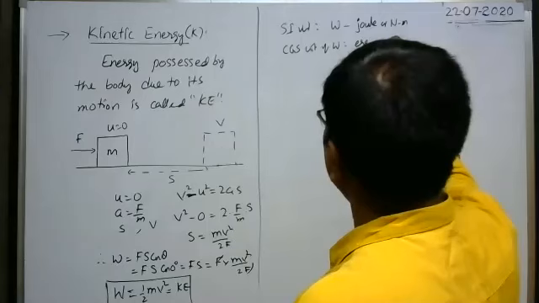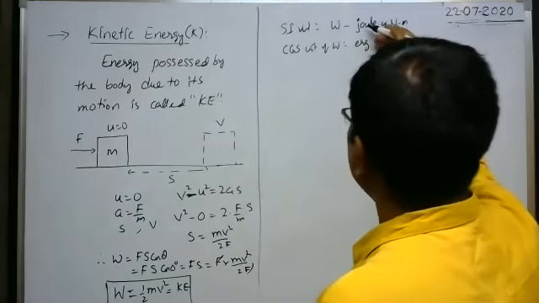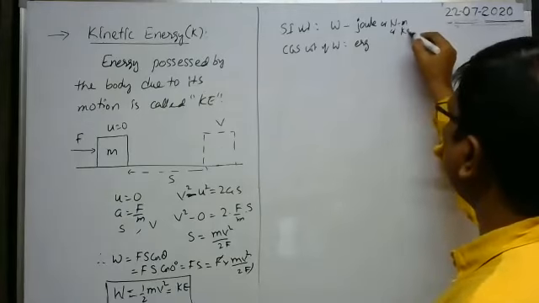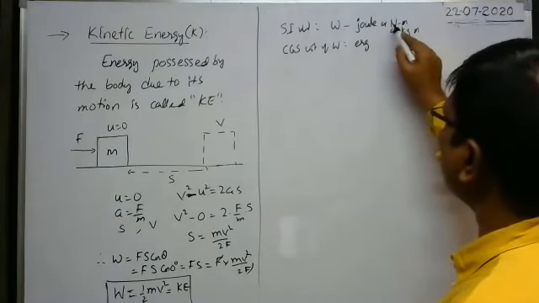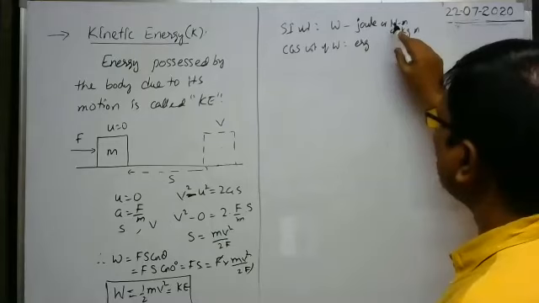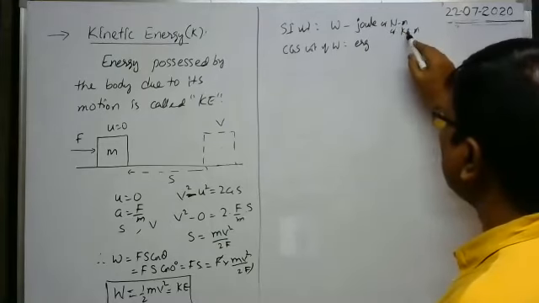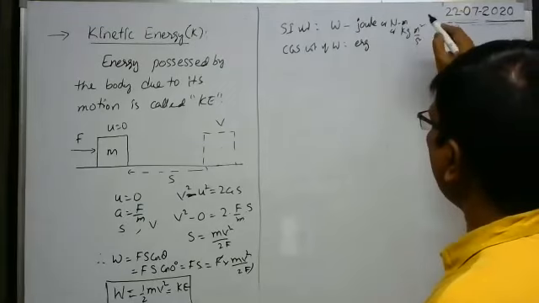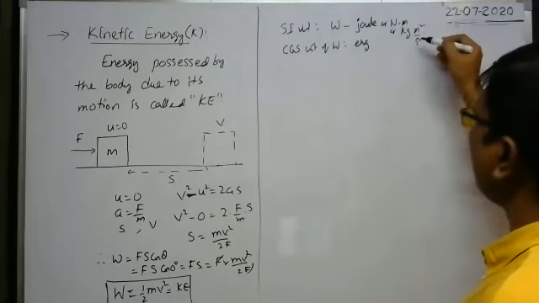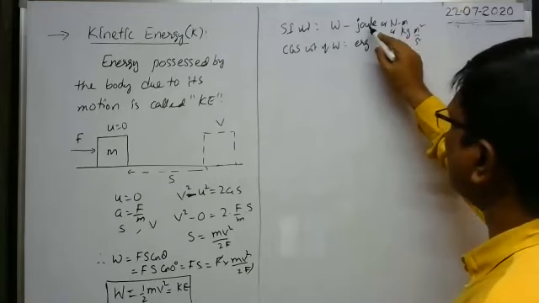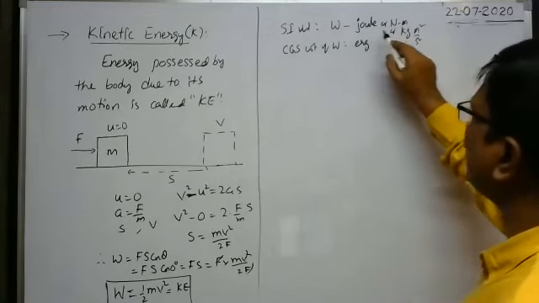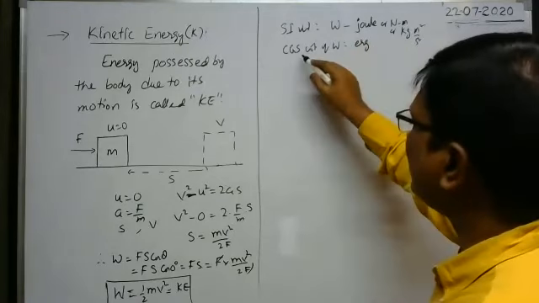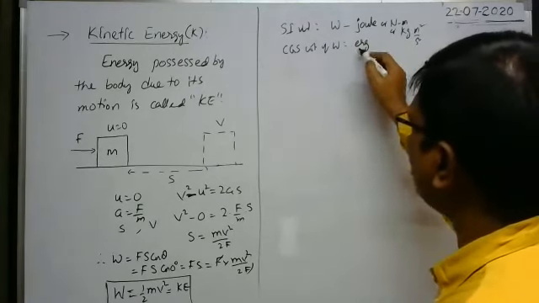Okay, what is the relation between joule and erg? Newton means we can write kilogram meter per second square, because Newton is the force unit. Force means MA. M means kilogram, A means meter per second square, into meter, that means meter square. Kilogram meter square per second square, or Newton meter, or joule. The unit equivalent to joule is kilogram meter square per second square. In the CGS system, the unit of work done is erg.